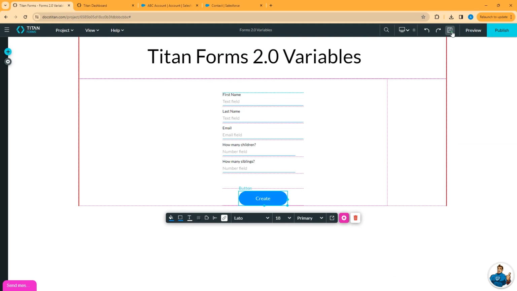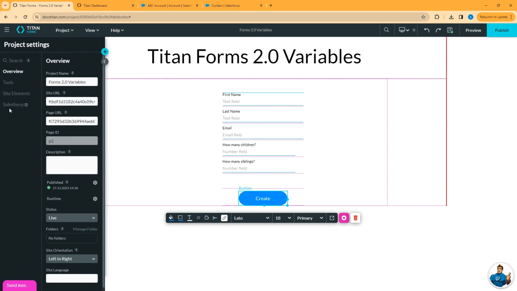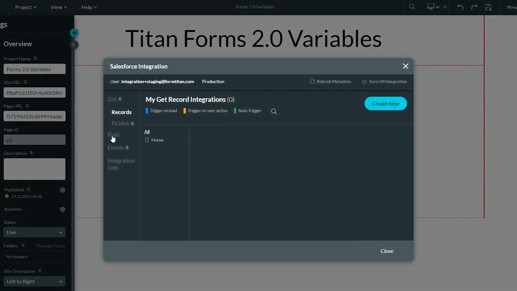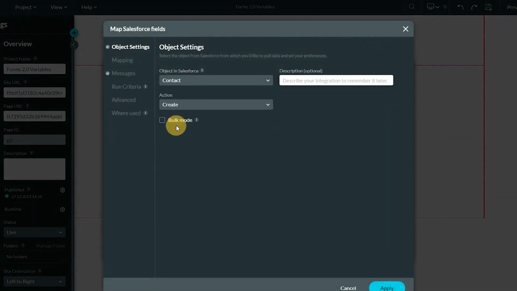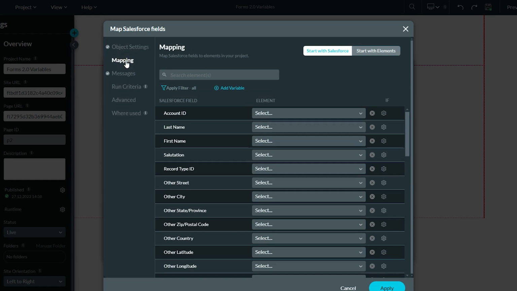We want to create a push to Salesforce to create a contact. I'll go ahead and click the gear, Salesforce, and create a push. Click Create New. Select for your object Contact. The action is Create. On the Mapping tab, let's map the fields and the variables from our form to fields